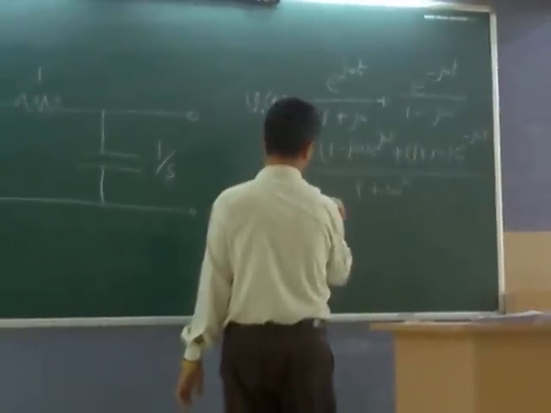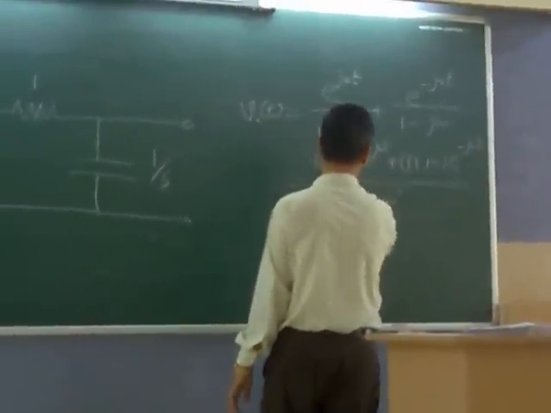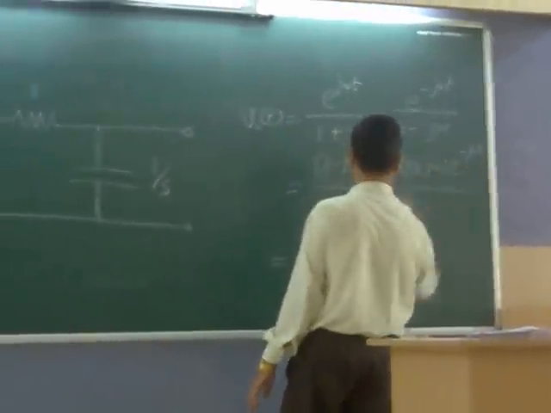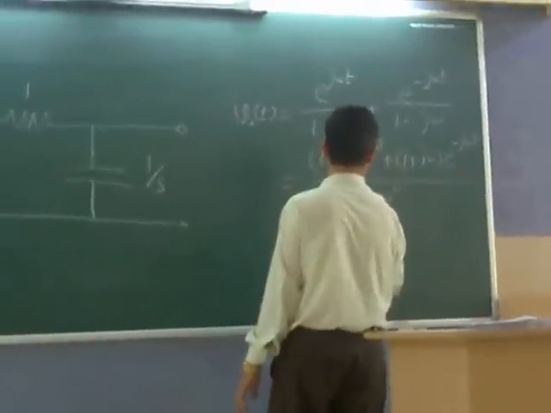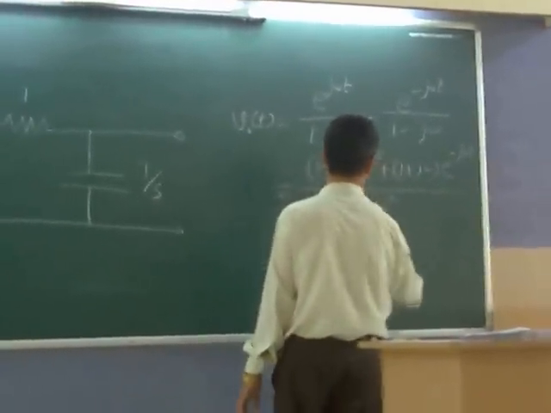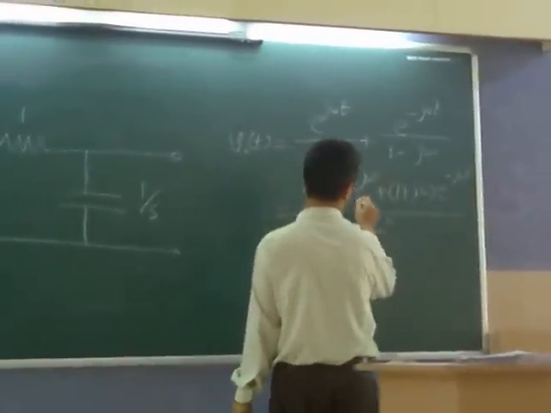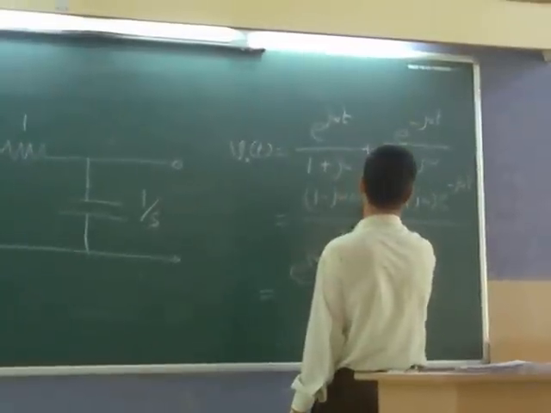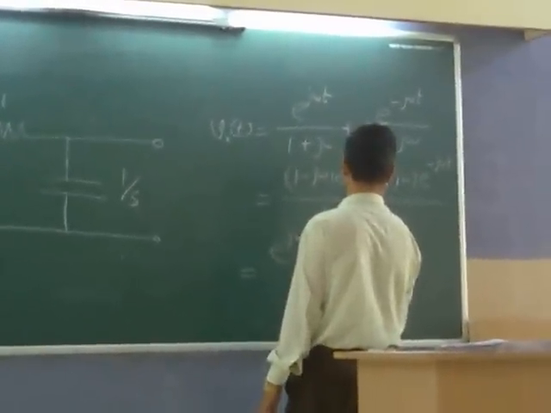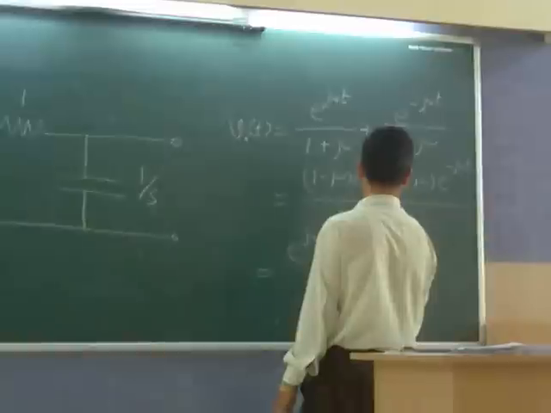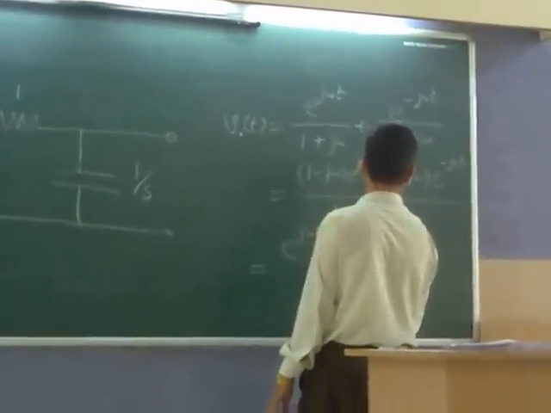e raised to j omega t plus e raised to minus j omega t. And what happens with this? Plus j omega into bracket